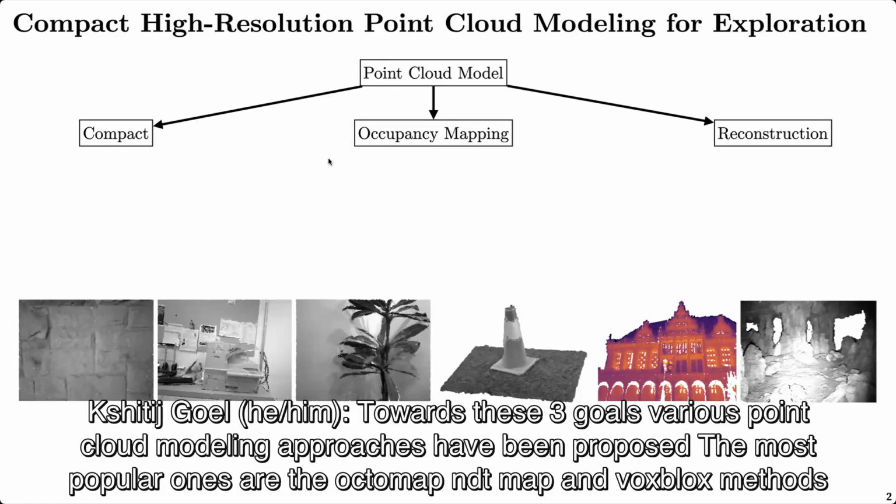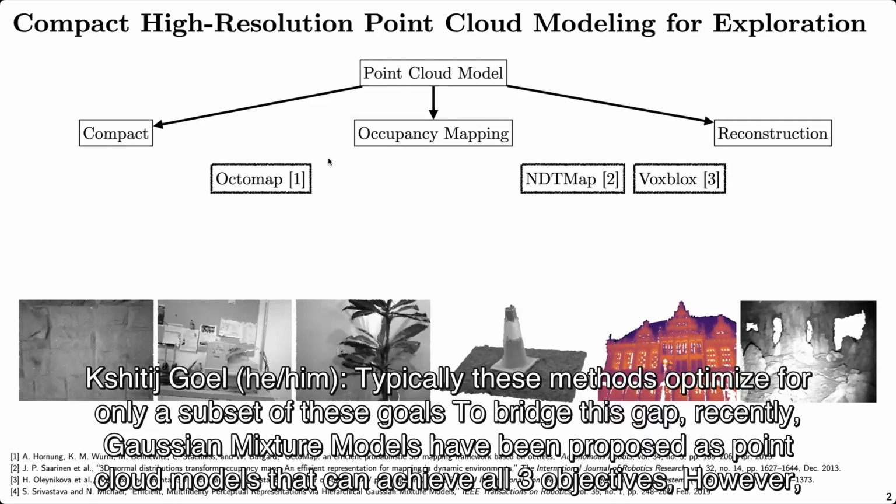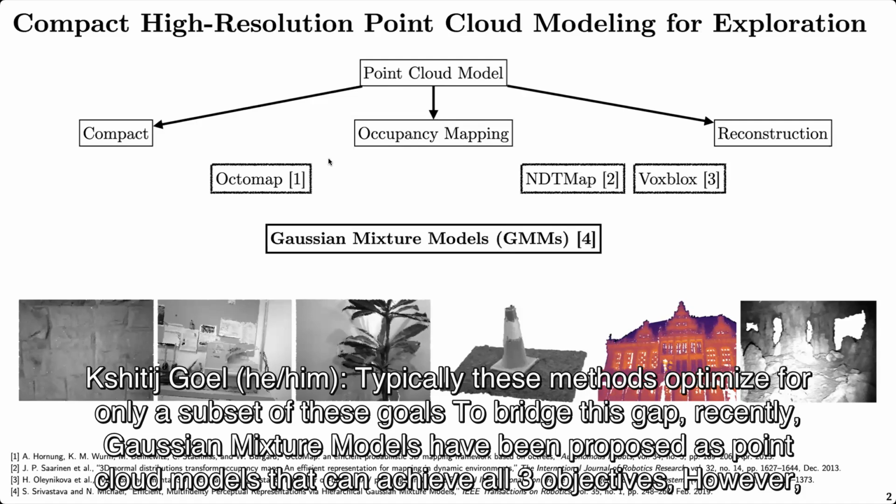Towards these three goals, various point cloud modeling approaches have been proposed. The most popular ones are the Octomap, Entity Map, and Voxbox methods. Typically, these methods optimize for only a subset of these goals. To bridge this gap, recently Gaussian mixture models have been proposed as point cloud models that can achieve all three